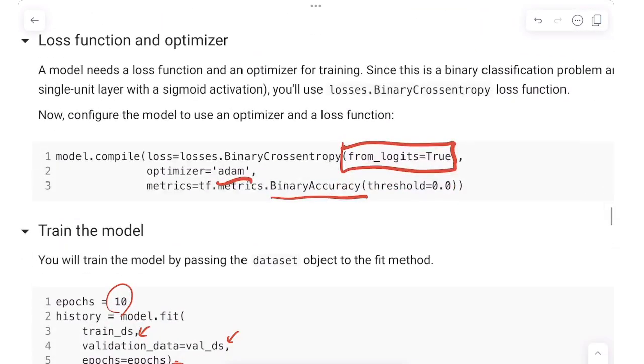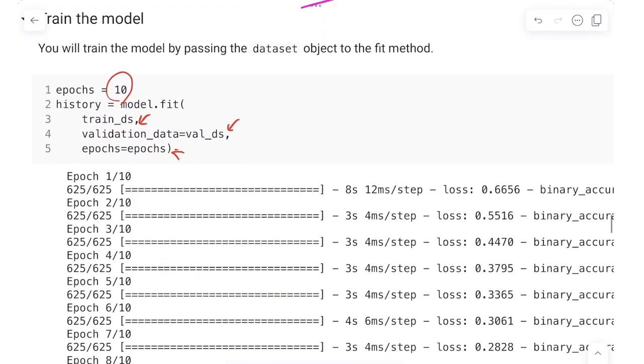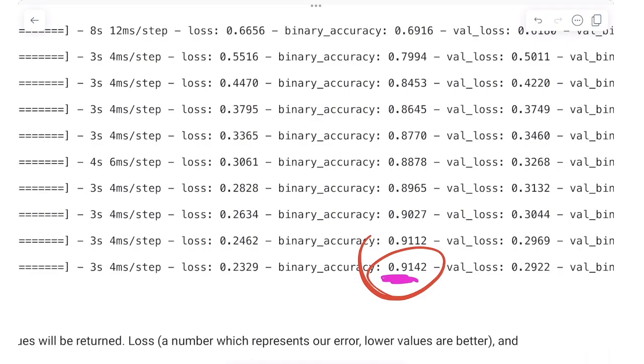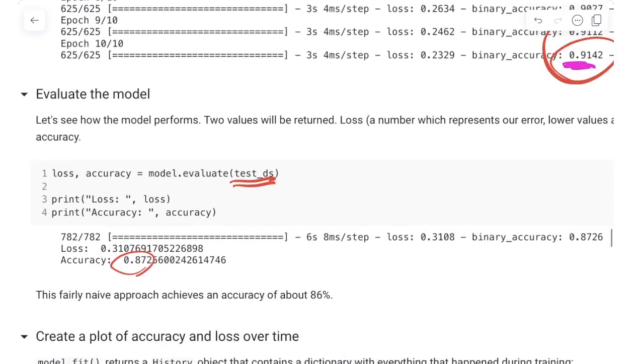So we simply use binary cross entropy. So here is the sigmoid, and we use Adam and the binary cross entropy as our metrics. After we input all the training data, and use the validation data set as the validation data, we run 10 epochs. After that, the model is trained. As you can see, the binary classification accuracy is quite high, 91%. We can use this trained model to evaluate the test data set, and it's at 87%, which is